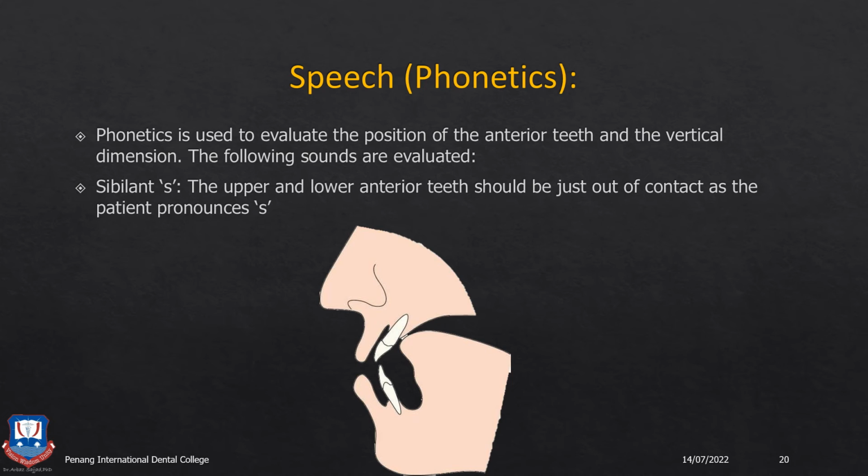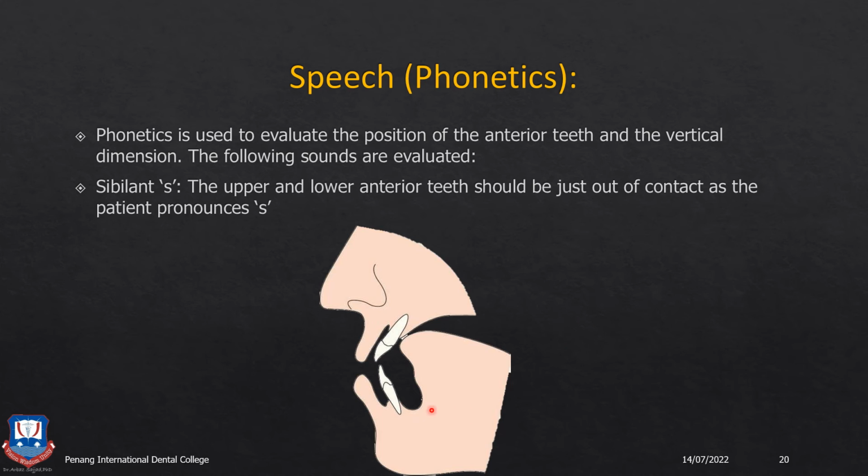This is very easy. Sibilants are basically, you should remember, S for sibilant. So any words that begin with S, that is when the upper and lower teeth come very near each other, that is the Silverman's closest speaking space. So when the patient says S, this results in the escape of air from between the palatal vault and the superior border or superior surface of the tongue, resulting in the pronunciation of S.